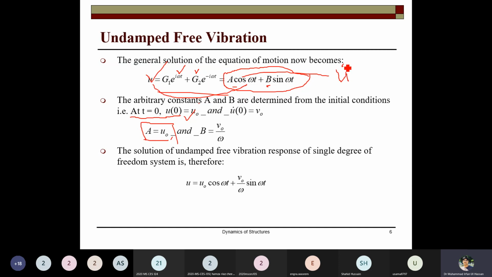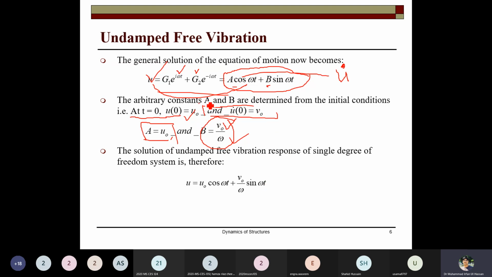the U naught, on the left side, because you are solving the derivative. So B is equal to V naught, the initial velocity at time 0, and because the derivative was B omega sine omega T, omega is divided. So after solving and applying the boundary conditions, the two constants A and B are solved,